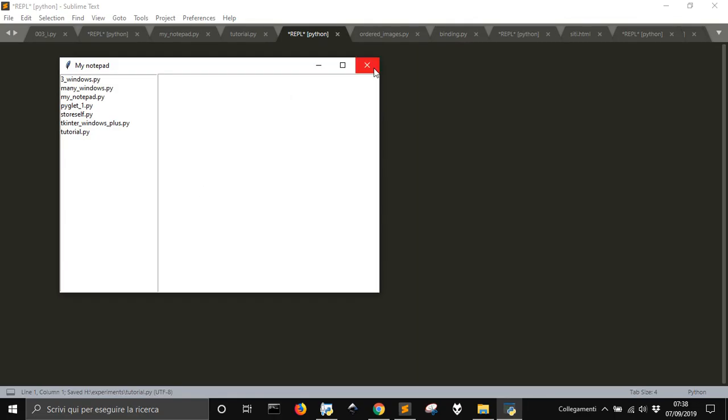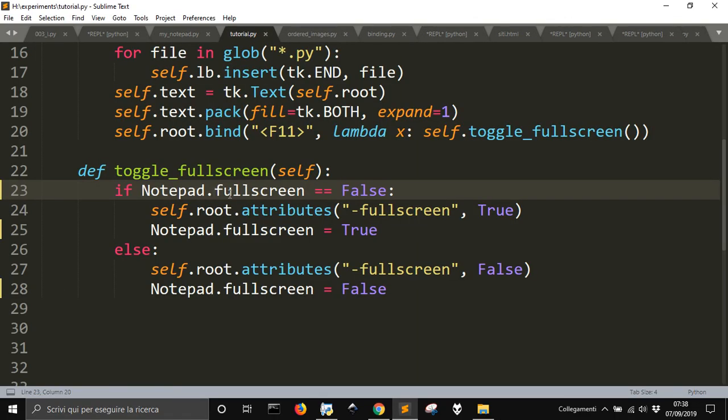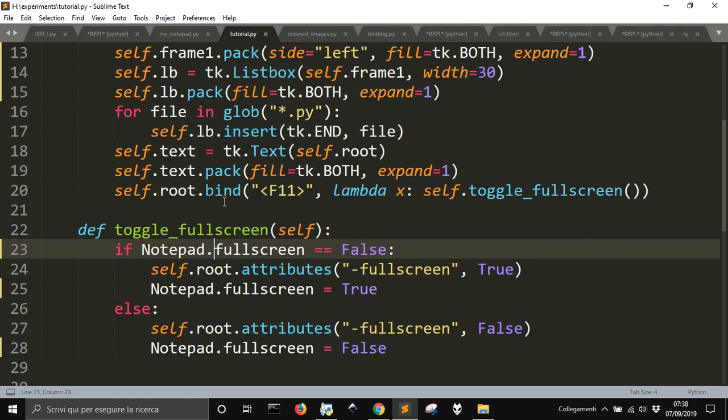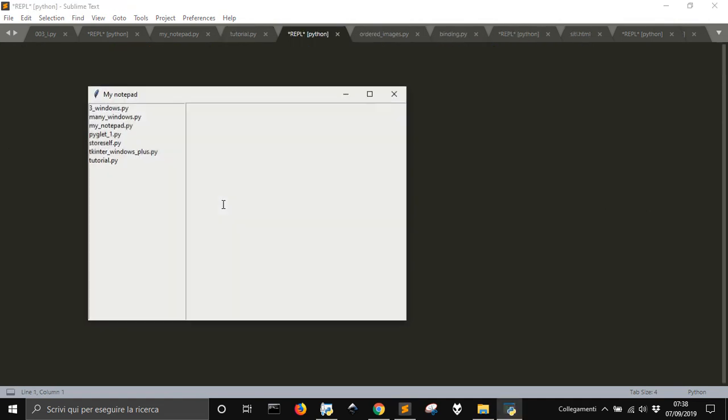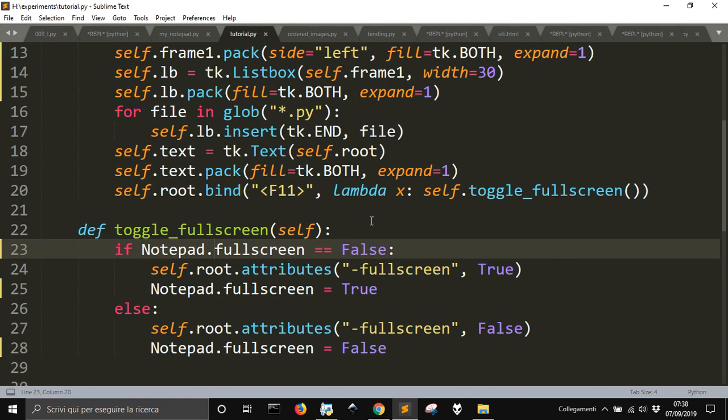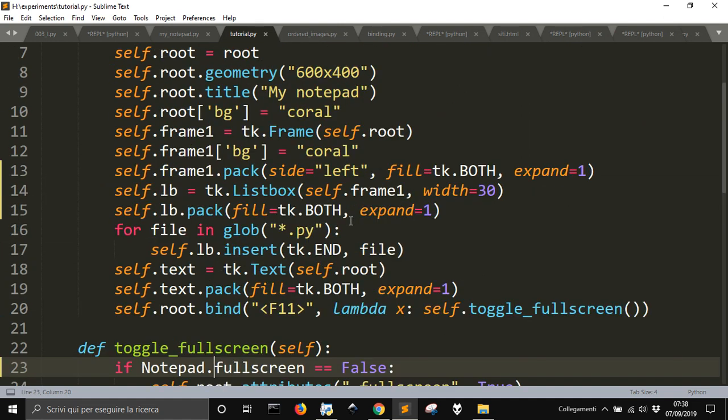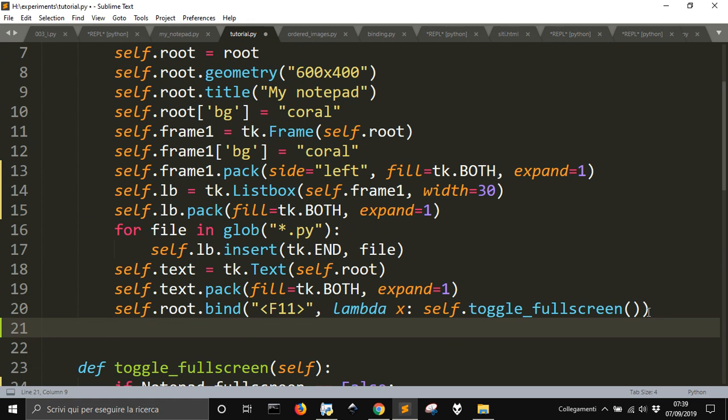Well, let's leave it this way for now. Okay, what we need to do now, the last thing, is that when we select or double select, we wanna see what's inside the text. So let's do this. So we are going to bind this action to the double select,